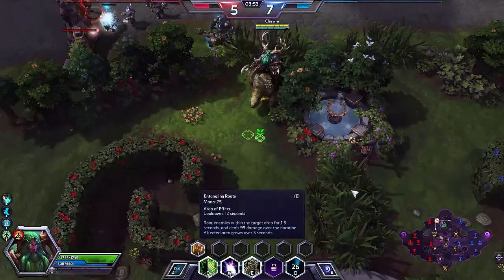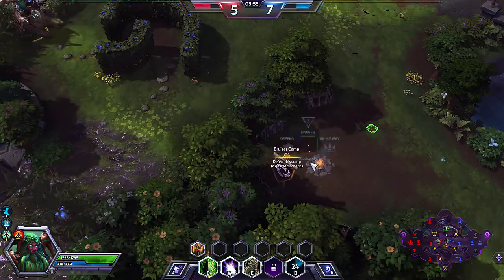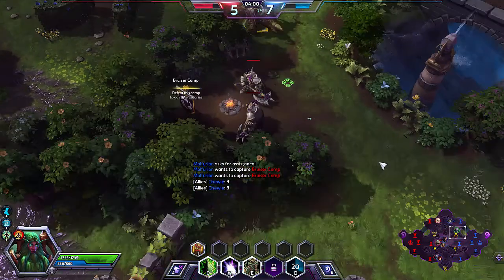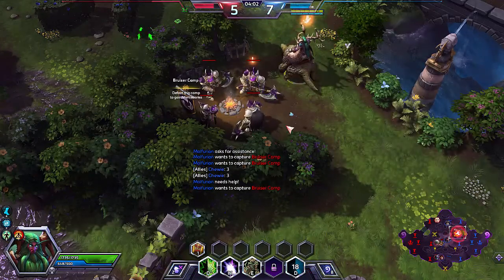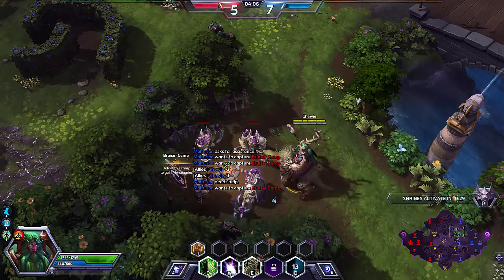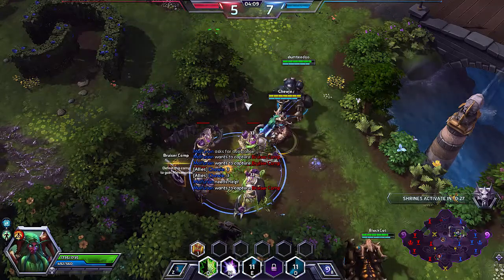We really should be trying to steal one of these. We should capture this mercenary camp. I require assistance. Come on, come on. Take. Oh, healer. Shrines awaken. I mean, just taking this here is...